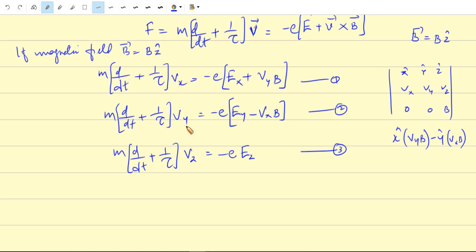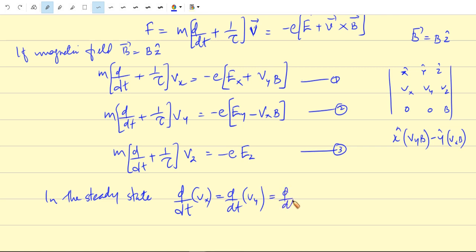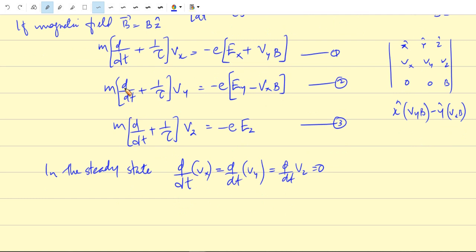Similarly, d/dt of Vy is equal to 0, d/dt of Vz will be 0. Therefore, in the steady state, d/dt of Vx equal to d/dt of Vy equal to d/dt of Vz equal to 0. Therefore, the equation will become